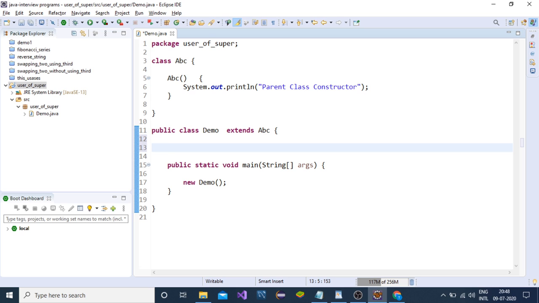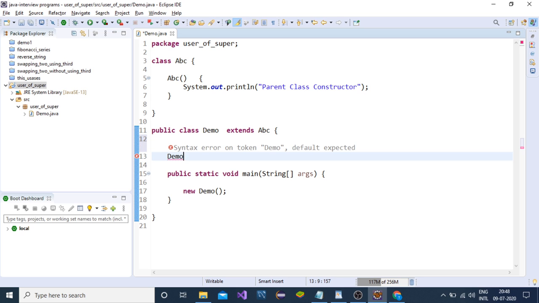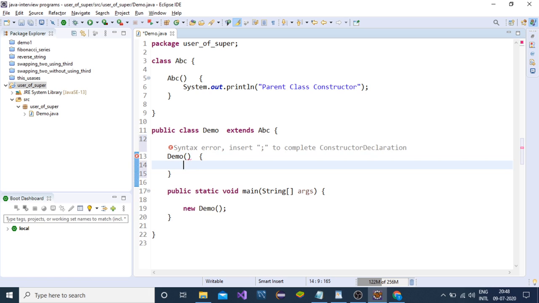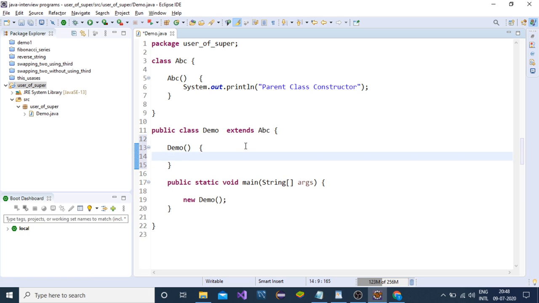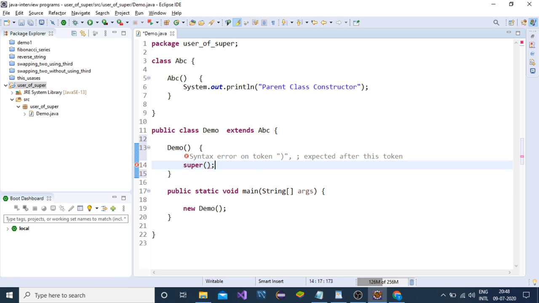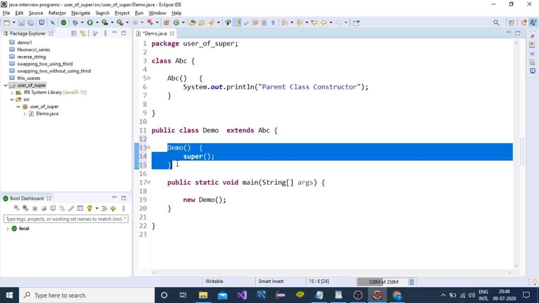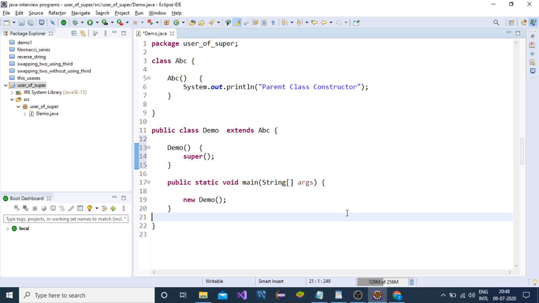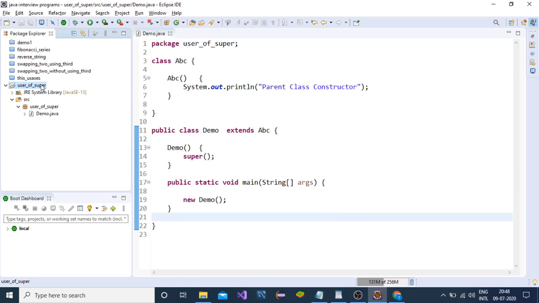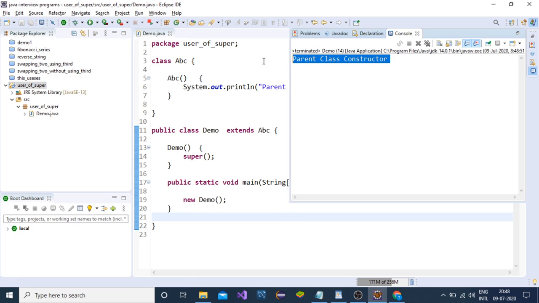The JVM created a constructor of my class and automatically put the super keyword at the very first line inside the constructor. If we do not create this constructor, the JVM will automatically create it. If we create it externally, there is no error, there is no problem. So please check the code and the output. The same output we are getting.